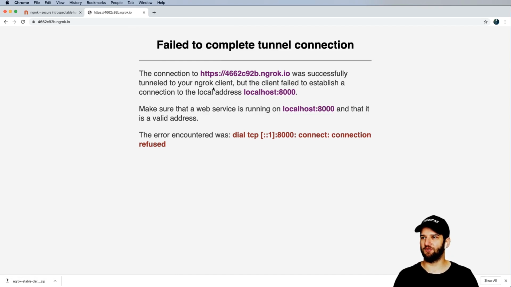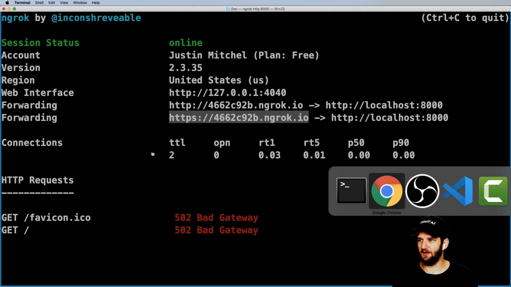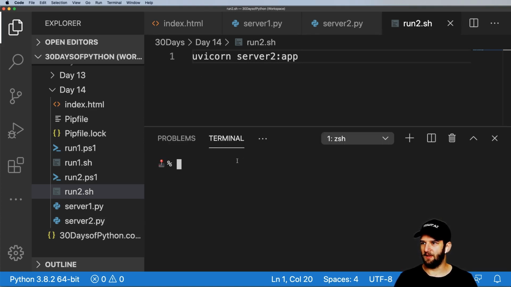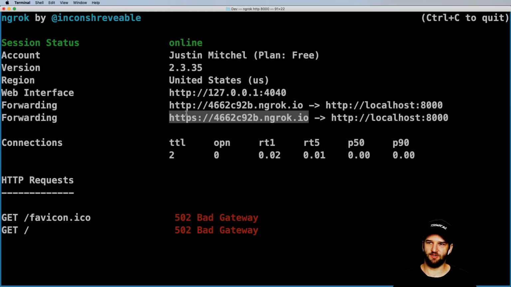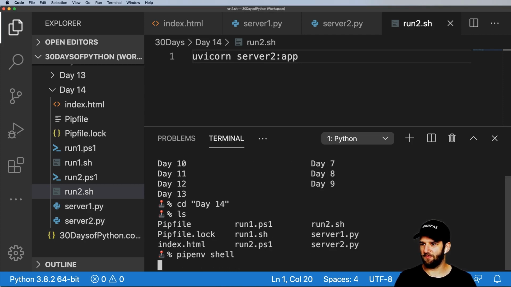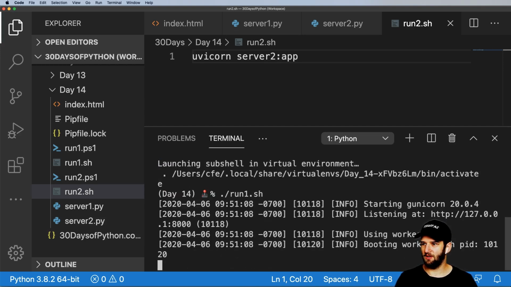Now in your case, you might still have your server running because we've been doing a bunch of things in the terminal. Now I can leave the terminal open for this if I am so inclined to test this specific project out on a regular basis. So going back into VS Code, I can open the terminal window up. Now I want you Windows and Mac users to consider closing out your terminal and then reopening it, just in case there's some sort of memory or caching issue with running ngrok. So I'll list these out, and we'll cd into day 14, and then we'll do pipenv shell, and then I'm going to run. First I'll do run.sh, run1.sh, and